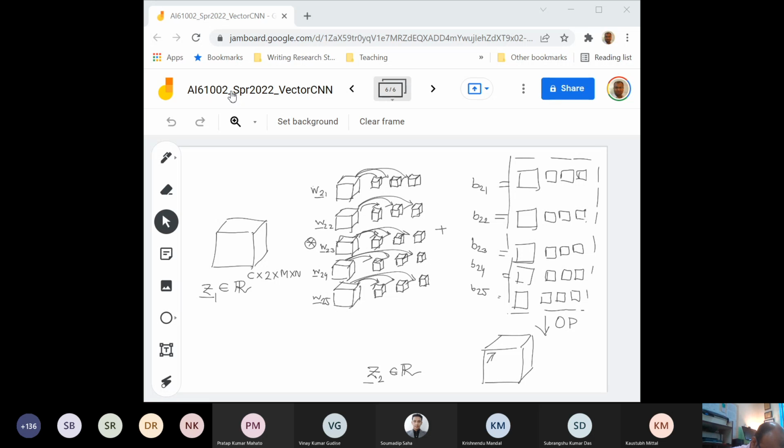Now here, if this W2 is essentially this collection of W21, W22 up to W25, in that case,